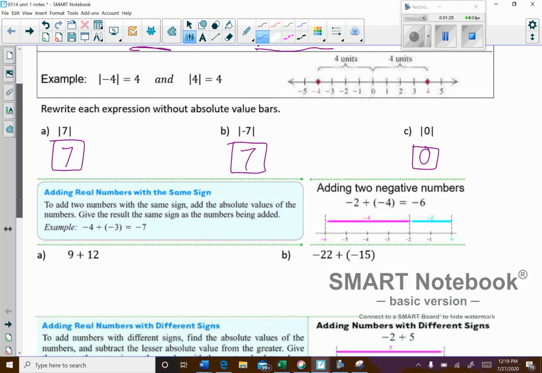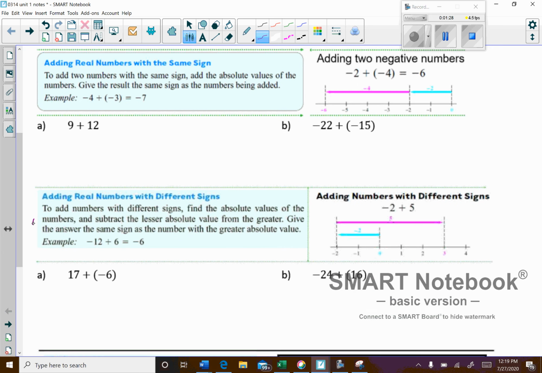All right, moving on. Now we're going to look at adding real numbers with the same signs. If you add real numbers with the same sign, basically what you want to do is add the two numbers together and then keep the sign. If they're both positive, in this first case 9 plus 12, that's 21, and there you go, that's your answer. Now if you have -22 plus -15, for a second just forget about the negatives and add those two numbers together, and that gives us 37. But then they were both negative, so you want to make that